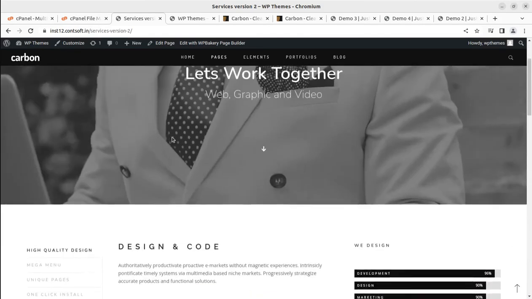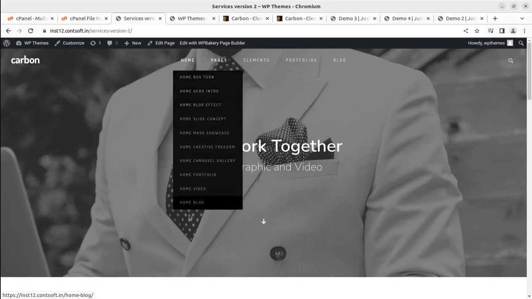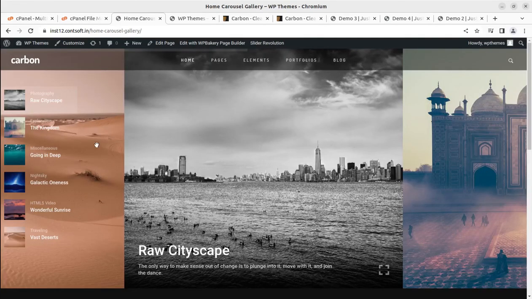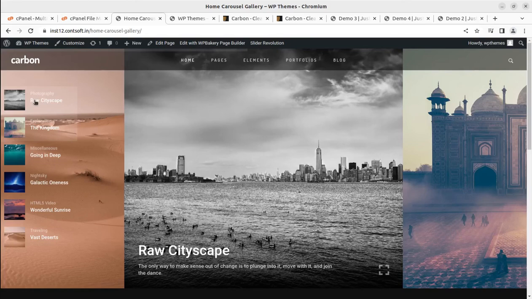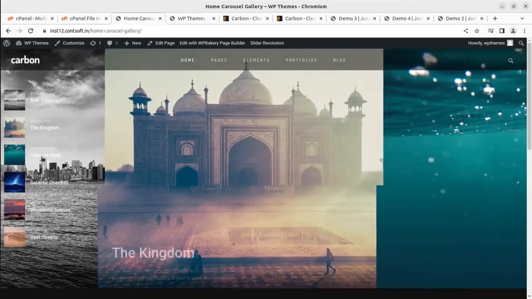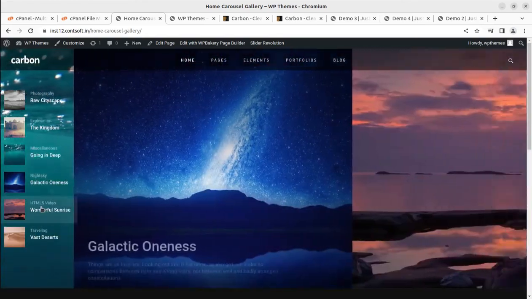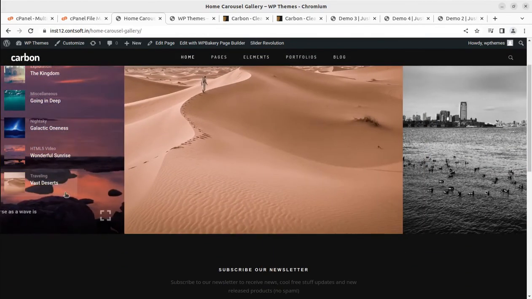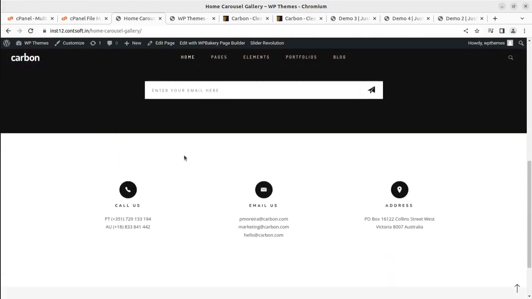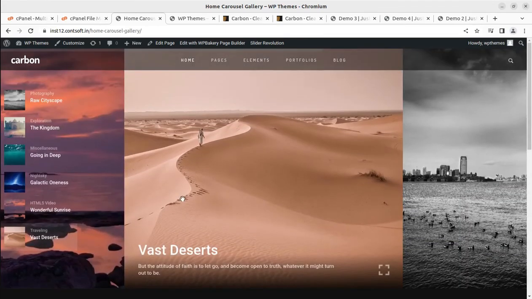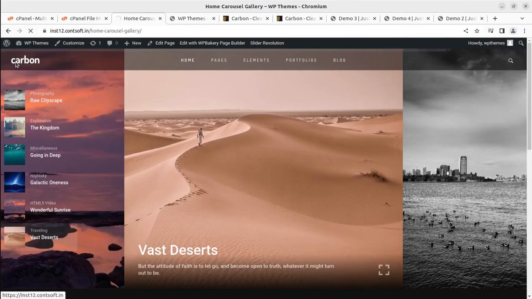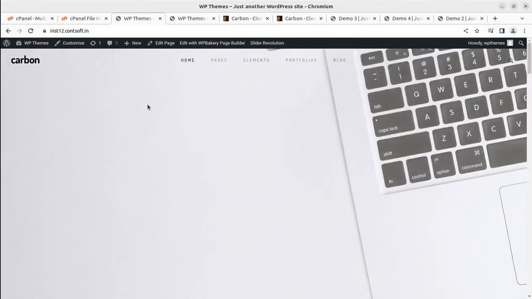This is the advantage, and we can set any of these home pages. So these home pages are really very wonderful. And this is the classic one. It is really great, and it is new for me as well, because okay, so the slider is really having some new look, and it is really great. Okay, so this is the simple minimalistic business website, and now I'll take you to the back end again to show you